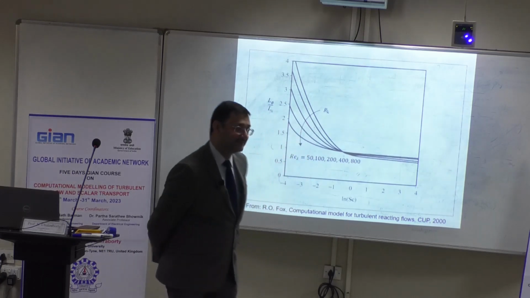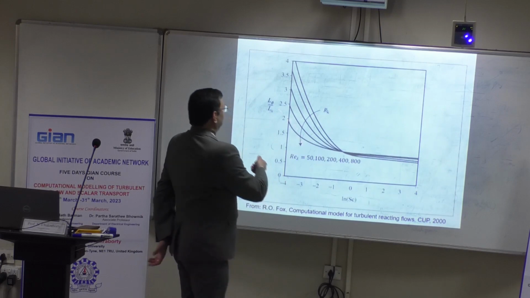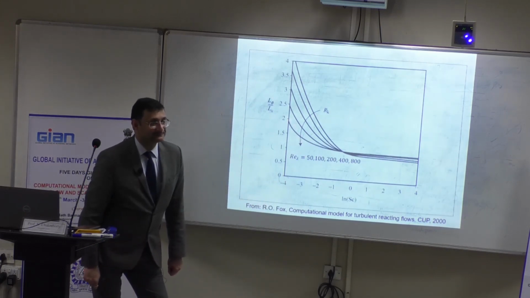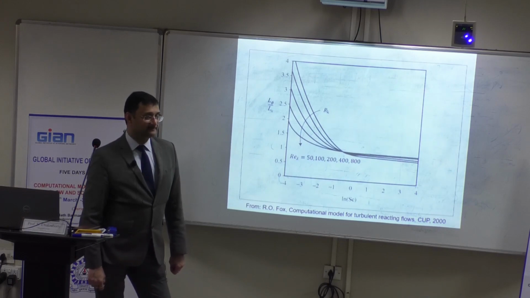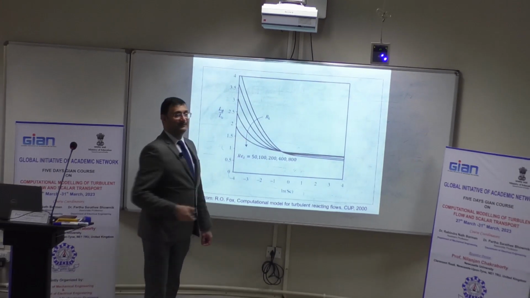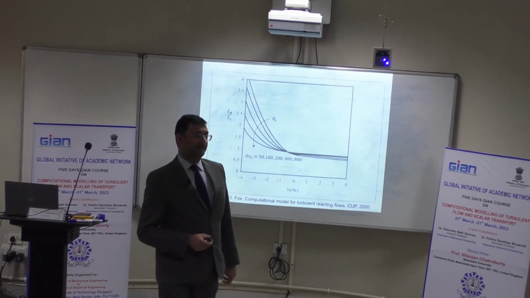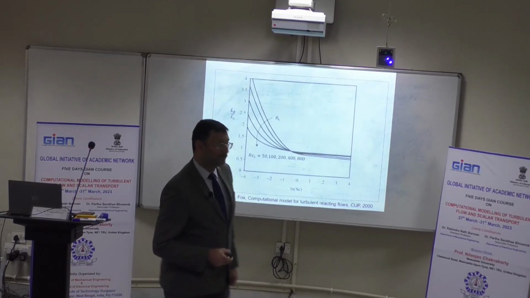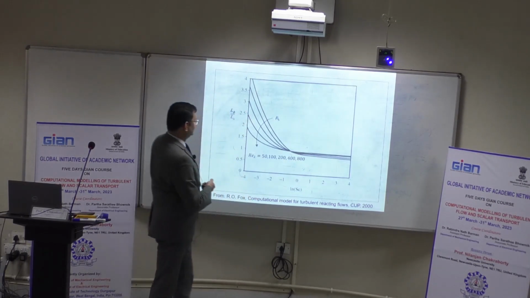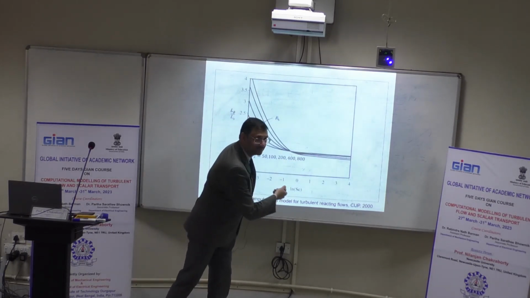Smaller than unity. Then they can be quite different, as you can see. Clear? And the value also depends on the Taylor microscale Reynolds number. When Schmidt number is greater than unity, it converges to a value close to